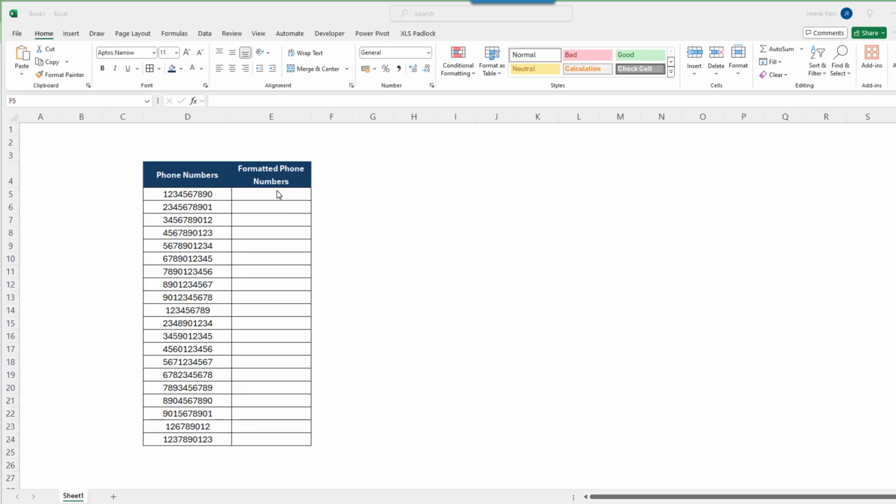First, click on the cell where your unformatted phone numbers are located. Let's say it is cell D5. In another cell, enter the following formula: equal to TEXT, open the bracket, select the cell, comma, double quotation and open the bracket, 3 times hash, close the bracket, space, again 3 times hash, hyphen and 4 times hash, double